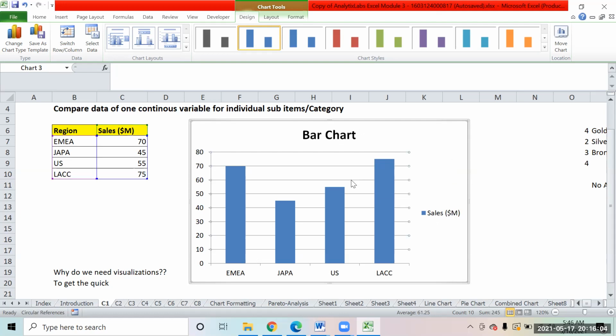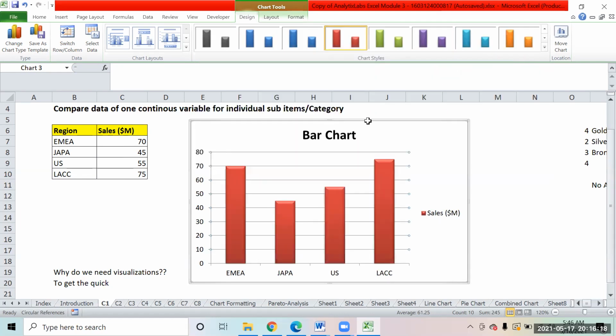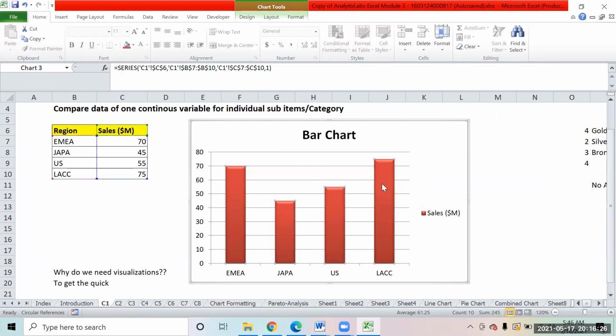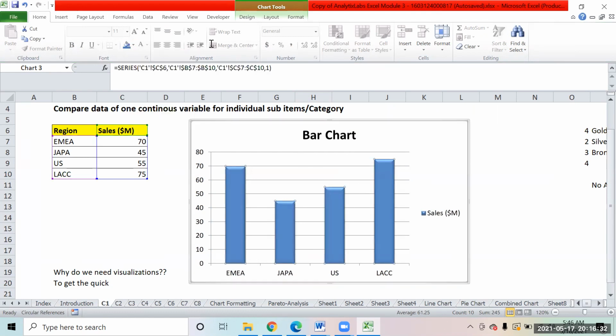You see these lines that are coming over here, these are called grid lines, right? The chart has grid lines over here. You will notice you have a lot of options to modify this chart. If you want to change the colors and all, you can just select the different chart styles you got over here. If you come to the home tab and select the bars, just click on the bars, and you can also change the color if you want, right? If you want some other color over here, you can do that.